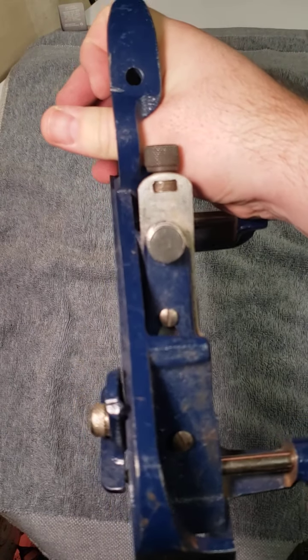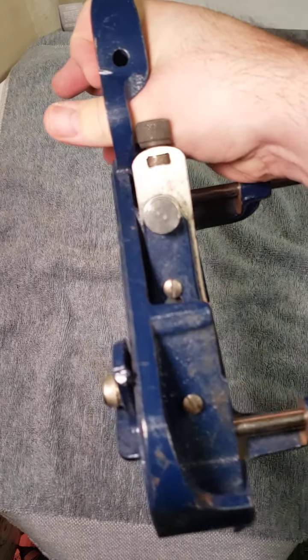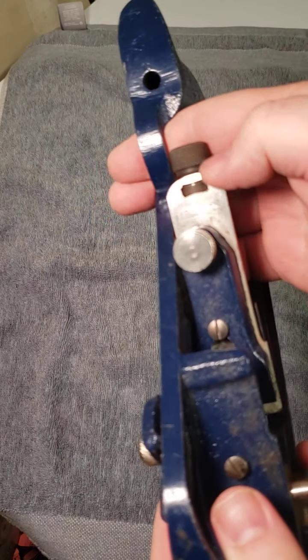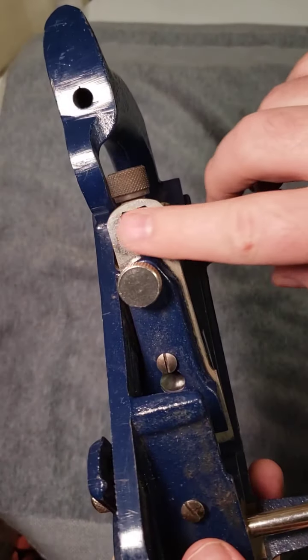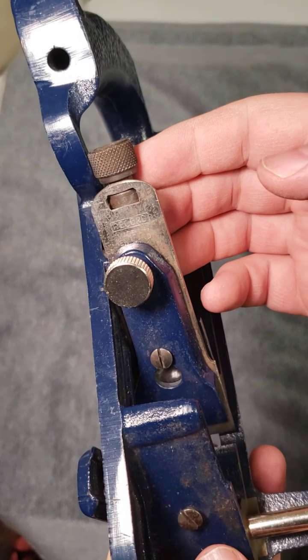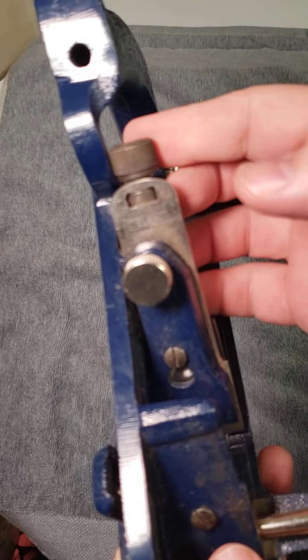There's that. See if I can get that Record in focus for you. See if I turn the light down, if it'll help. There you can see the Record on the blade. You can see the mechanism that adjusts the depth. Anyway,